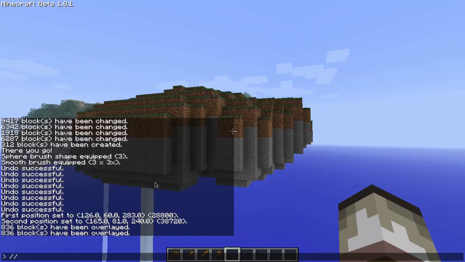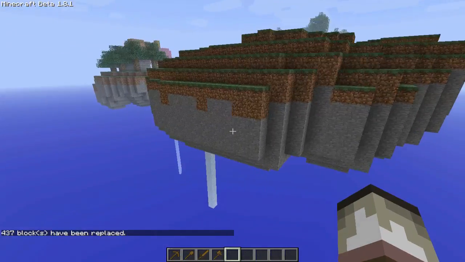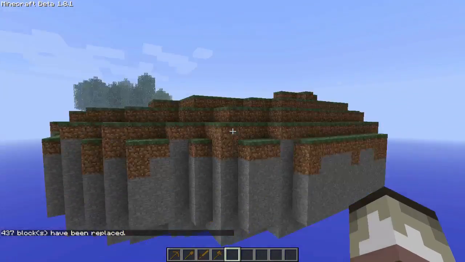So what I like to do is replace dirt with dirt and stone. And how you write that is replace dirt and then space dirt, comma stone. Now, why would you replace dirt with dirt? Well, what it does is it replaces everything that's dirt with half dirt and half stone randomly. And this kind of makes it look like the stone merges puzzle-like, like a puzzle piece connecting to the dirt